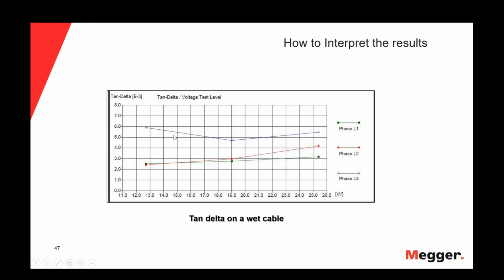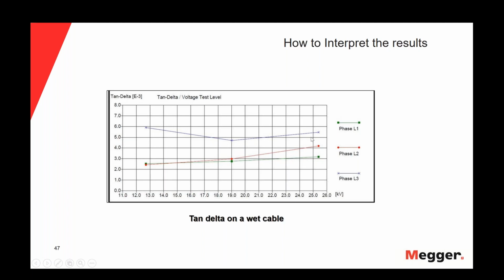And the last one is, we'll say, a little strange behavior, because what is really strange is that we start the test and we have very high values of the Tan Delta. But as we continue doing the test, we improve the values of the Tan Delta, and when we reach 19 kV, there is some kind of stabilization of the Tan Delta, and we start to